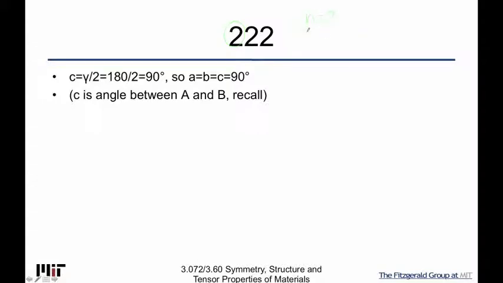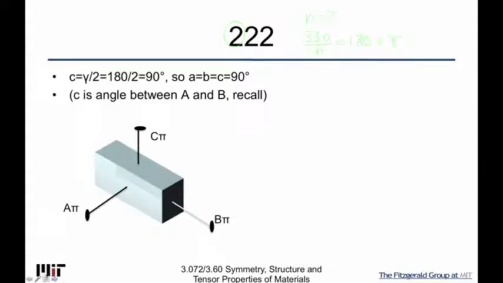And remember I told you that means then that 360 divided by n, which is gamma, right? So gamma divided by 2 says that C is going to be 90 degrees, just like I told you. And so that means that all of these angles between the axes are mutual 90 degrees, right? They're all 90 degrees away from each other. So if we look and see what that looks like,